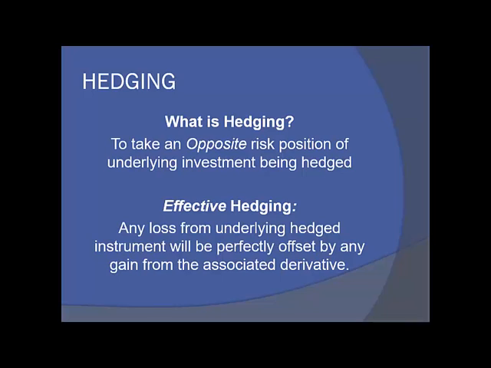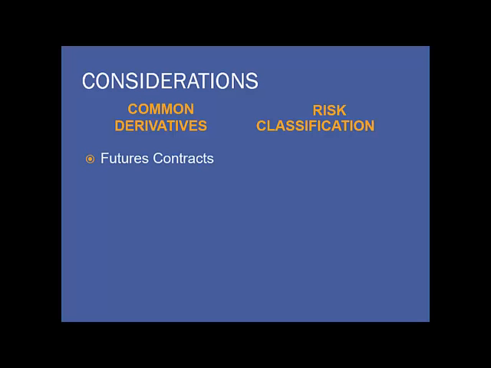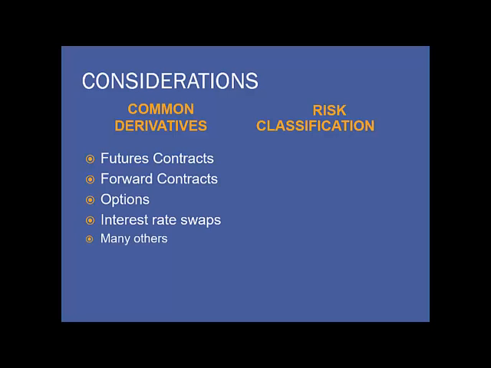And the new rules since Enron for accounting for derivatives: not only do you have to classify it as speculative or hedging, you have to test the effectiveness of your hedge and report and disclose it. So common derivatives: a futures contract, forward contracts, options, stock options, and interest rate swaps, which are very popular. This narrator has worked with interest rate swaps, and there are many other types of derivatives.